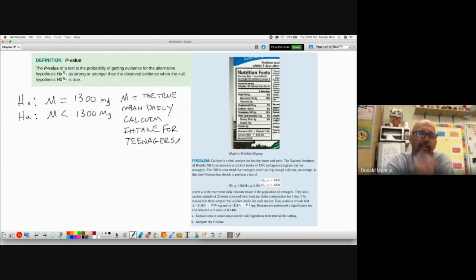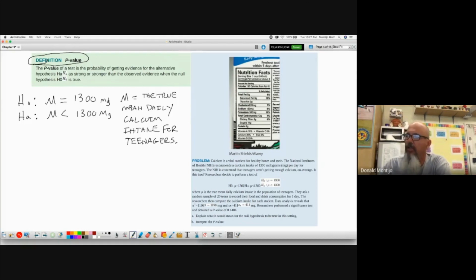So what we're going to do is gather an SRS, or a sample of teenagers. And from that sample, if the data is relatively plausible, if the probability of it occurring is pretty common, then okay, we believe that they're getting enough. If that sample is way far away and gives us a very small p-value, or the probability of that occurring, assuming these people are really getting 1,300, is small, then we will not believe the claim. So they ask an SRS of 20 teens to record their food and drink consumption for a